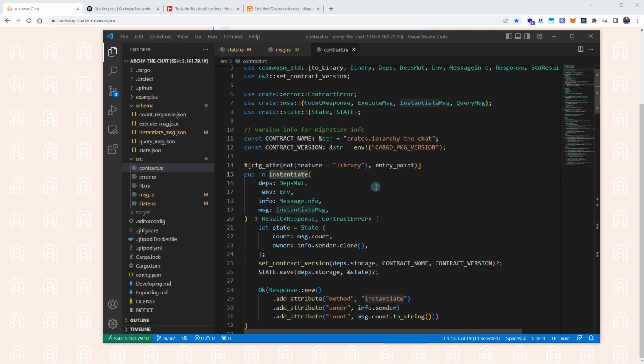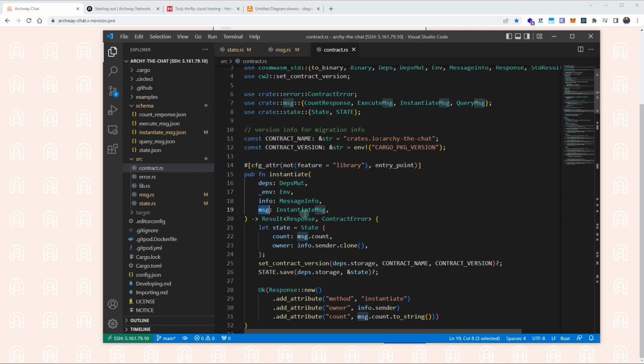So each entry point accepts some boilerplate stuff like dependencies, some mutable dependencies, environment, and message info. And as you can see, message info contains sender information. So this is where we will be getting the address of our message poster and the actual message, which is